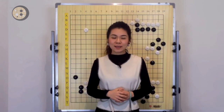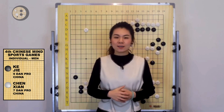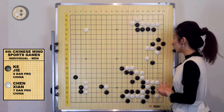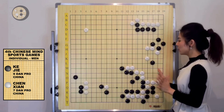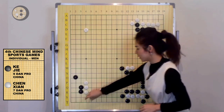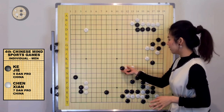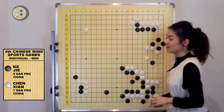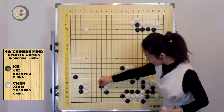The next game is played by Choi 9 dan against Chen Xian 7 dan in a Chinese national tournament. And here is the game. So Choi is actually taking black in this game. And up to this point, without that exchange, white is leading a lot. According to one of the AI analyses here, white has an 80% chance to win this game until white decided to play